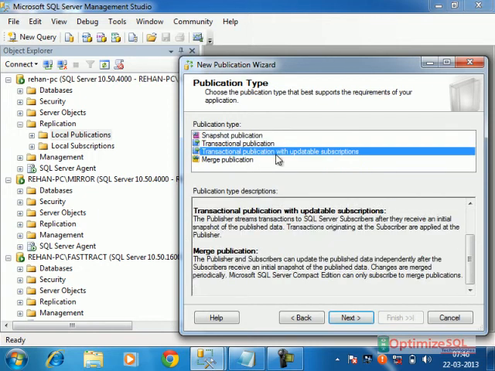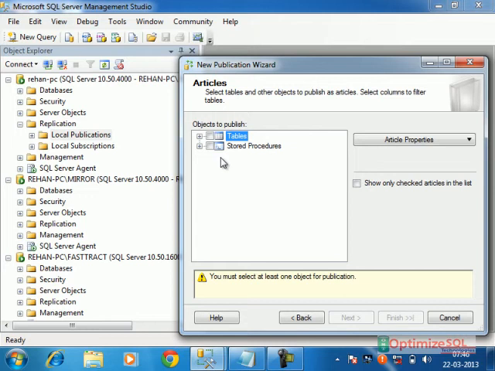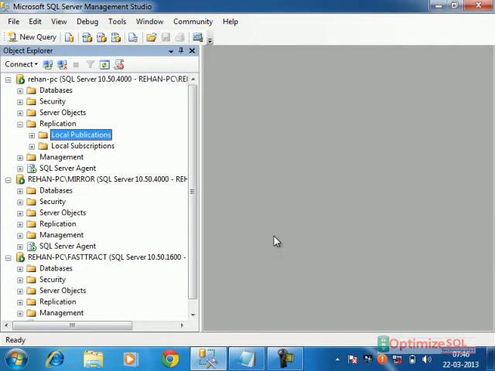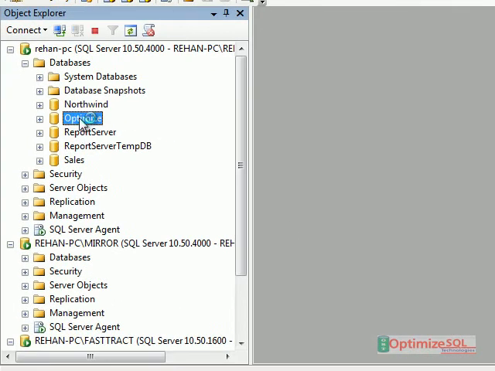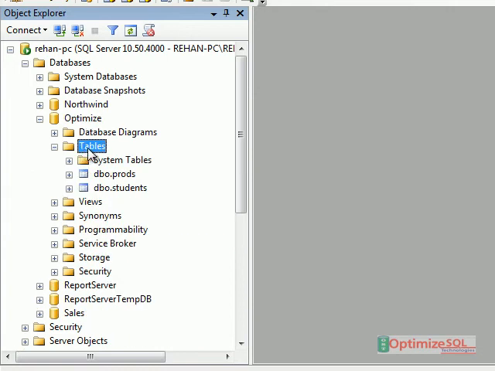Here, transactional publication with updatable subscriptions. Next. Same thing, which tables you want to publish. I will take this optimized database.